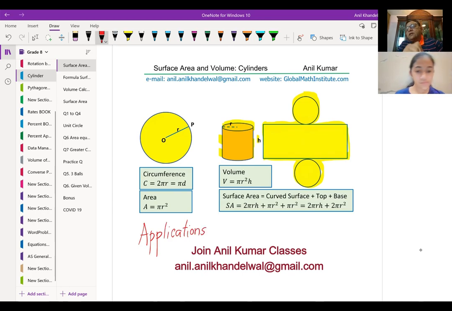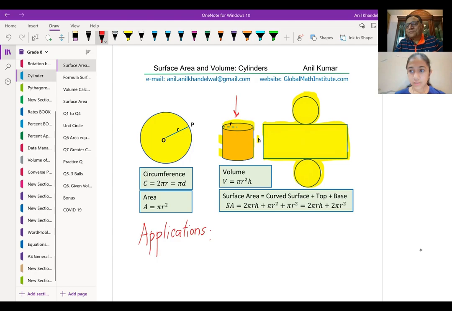Right. When we study something, we should know how we can apply it, where we are applying it, right? Now, this is such an important concept that we are applying it in our daily life. For example, when you buy a pop or some canned fruit, you see everything is packed in a can, which looks exactly like what I've shown here, right? Yes. So, when somebody makes this can, there is a cost of making, and that cost depends on the material cost. So, the surface area is actually the material,